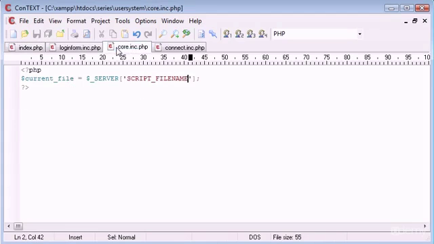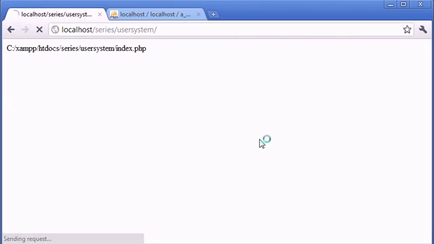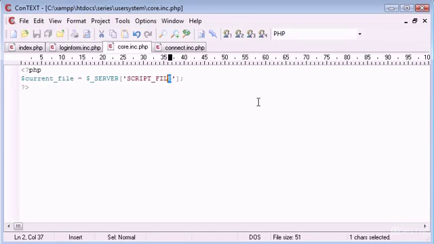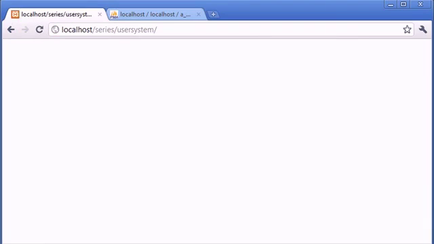Let's go back to core.inc. I think what we could use is script file, perhaps? No. I think we can do script name. Oh, script name. Refresh there, see what we get. Okay, yeah, this is fine. So now what we've got is the location we want to